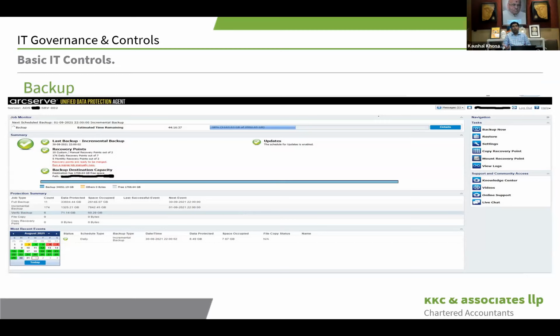I'll take an example of ITGC testing, which is mandatory when you do a lot of different kinds of assignments. What is ITGC? ITGC is IT General Controls Testing, which covers different domains like physical access, logical access, backup and recovery, change management, incident management, cyber security, software development lifecycle. These are the key areas covered in IT general control testing.